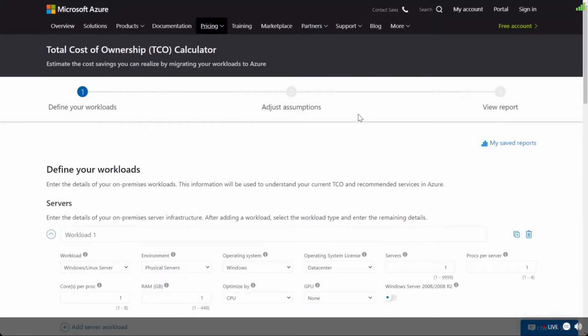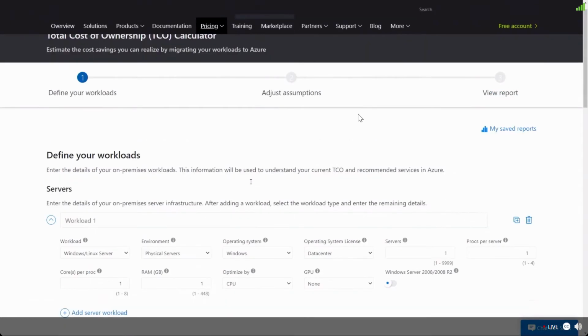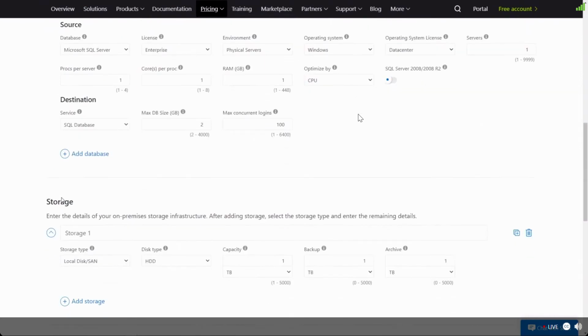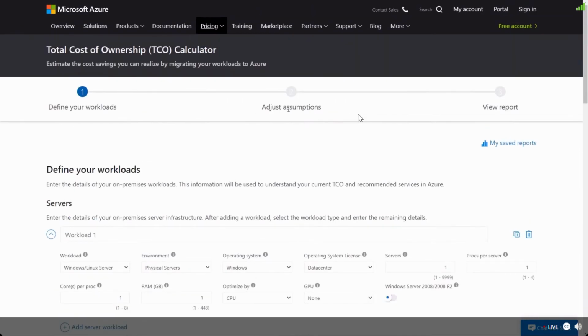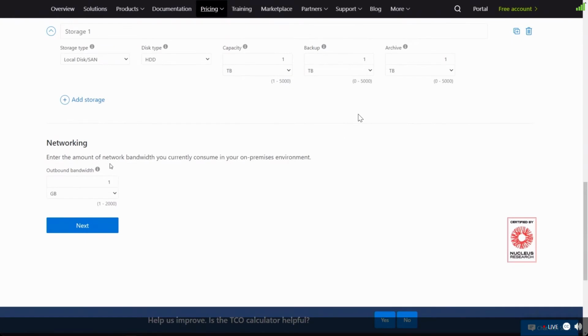And this total cost of ownership calculator, you do need to have some information about your workload. So if you don't have information on how many servers you have, your databases and storage, plus your cost, electricity, rent. This may not be the best tool for you. However, if you do have access to that information, you can actually go in, plug in all of that information, including your rent, your electricity bill, and it will actually compare the cost of running that exact same data center